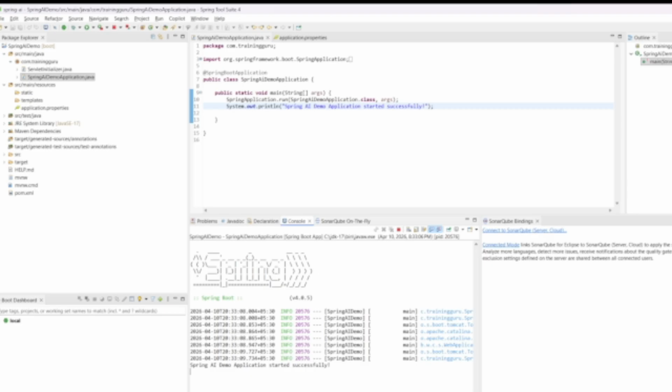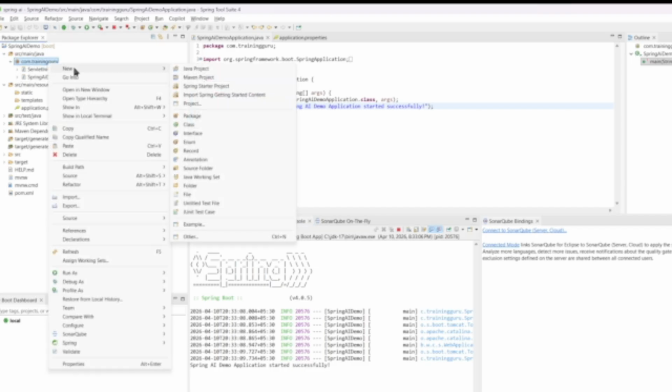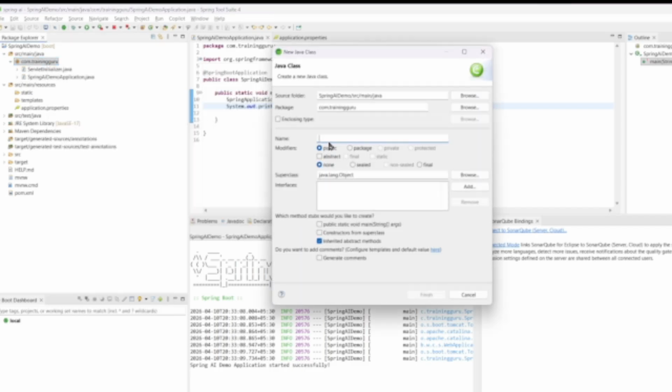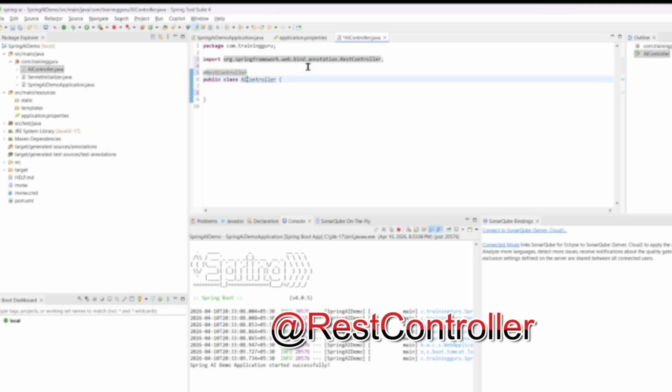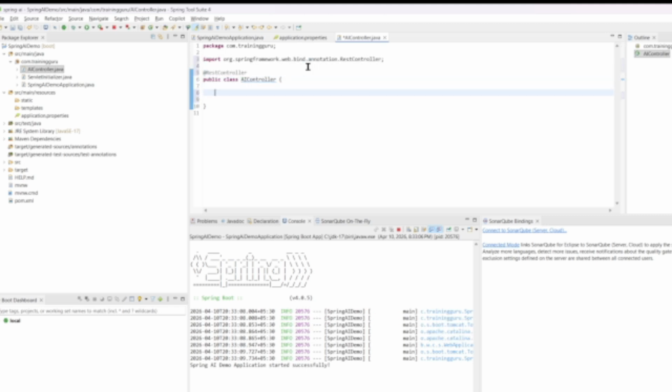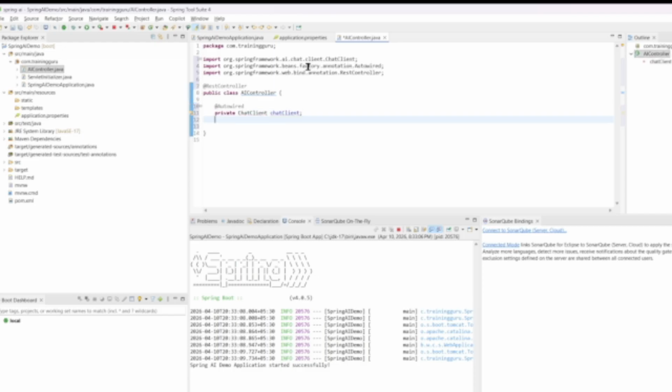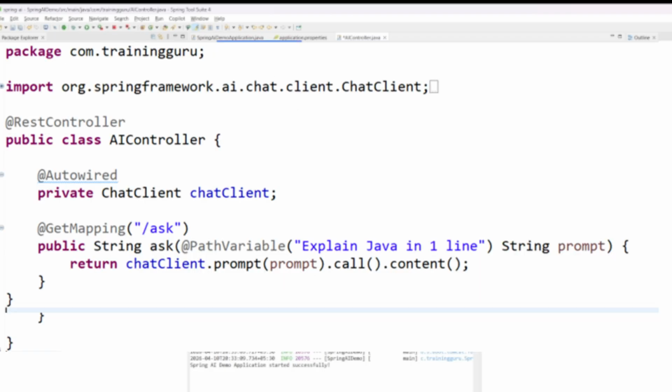Now we need to create a controller class. Right click and create a new class. Let me give the name AIController, and make it a controller class by adding the RestController annotation. We need a ChatClient object, so let me first autowire the ChatClient. Then I create one method called ask, and define it as public String ask,